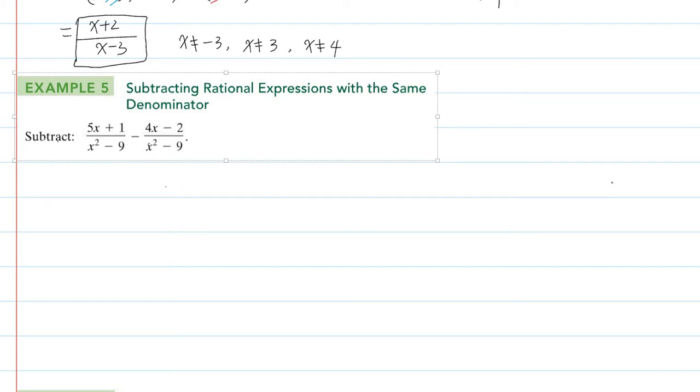Example 5 here, I have to subtract the rational expressions with the same denominator. Okay, let's go ahead and do this. So we have a subtract. It's exactly the same as fractions. When you're dealing with fractions, if they have the same denominator, all you have to do is just subtract in the numerator. So in this case,